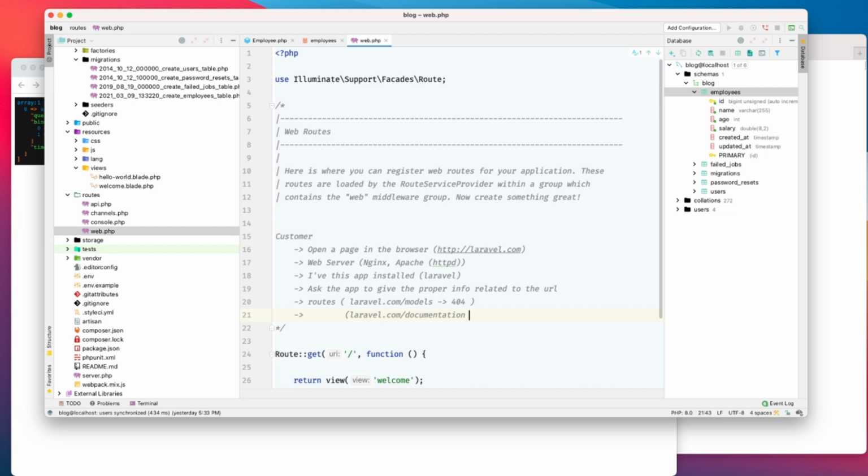and it can serve the route, it will check which controller has the mapping for this route. What I mean by mapping is that in a Laravel application we specify that this route, documentation, will be served by this controller, the document controller, at index. So now from this we understand